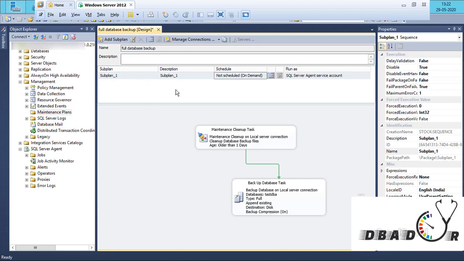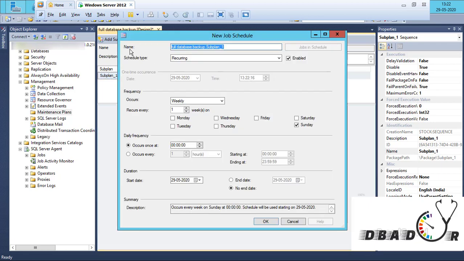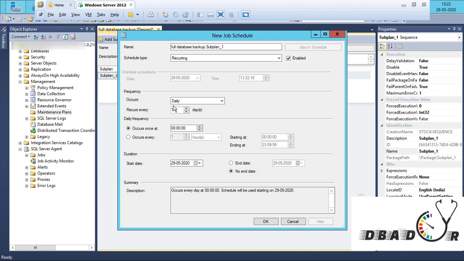This is like the database schedule is done, but then cleanup should be done. That is a very important and challenging task. So it's recurring or one time, like that. You see, it is recurring, and it should run every day, once a day, and that time should be 12 o'clock. Okay, and start date today and no end date.